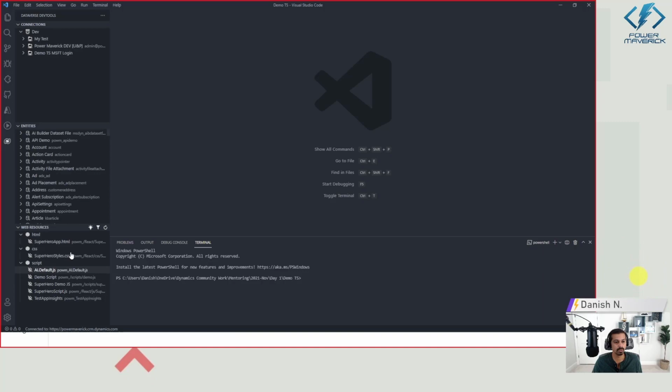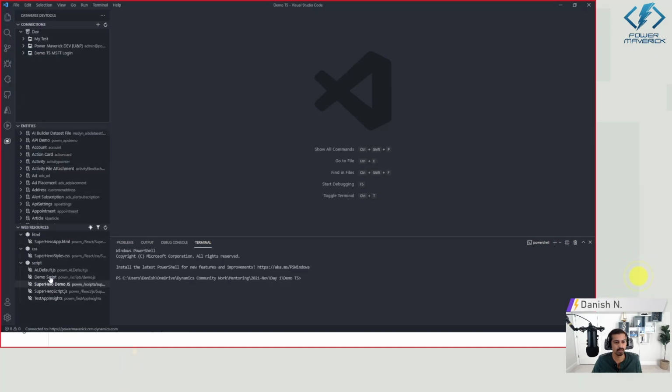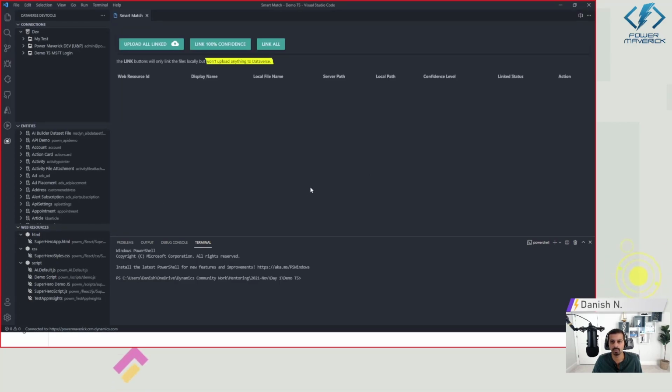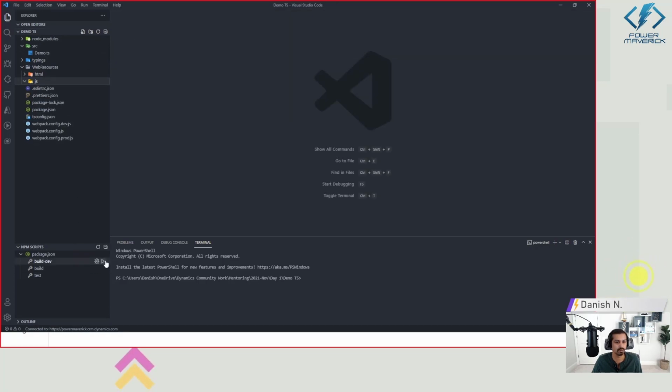Cool. So yeah, that's it. And then smart match. So now I have used this demo.ts folder in here, and you can see that there's a demo.js in here as well. So what it would do is, even though the path is not matching, it would try to match that. It should have, but somehow it didn't. Okay, maybe I have to use something else. Demo.js. Oh, I didn't compile it, I guess. That's why. I did not compile this